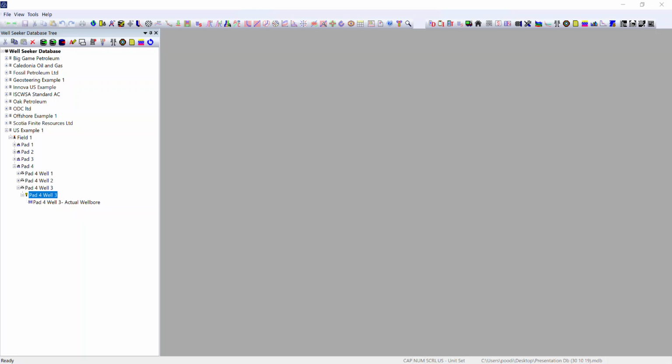In this clip, we'll look at the slide sheet functionality in WellSeeker Pro. So in this case, we've got a database structure in place from operator, field, facility, well, and we have an actual wellbore in place. In order to have a slide sheet, you need to associate that slide sheet with a survey and also a